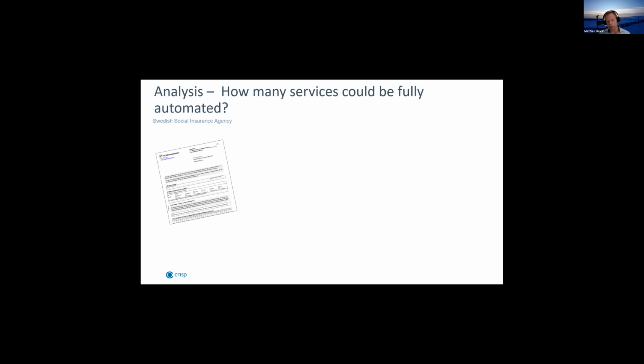The idea of the Swedish Social Insurance Agency is that you might get sick, you make an application to get some funding, some money during the time you're sick. And in the end, the agency makes a decision, you get the money or not, and they pay it back to you.